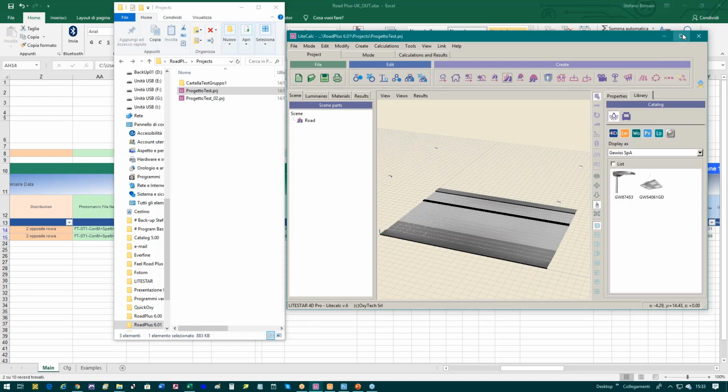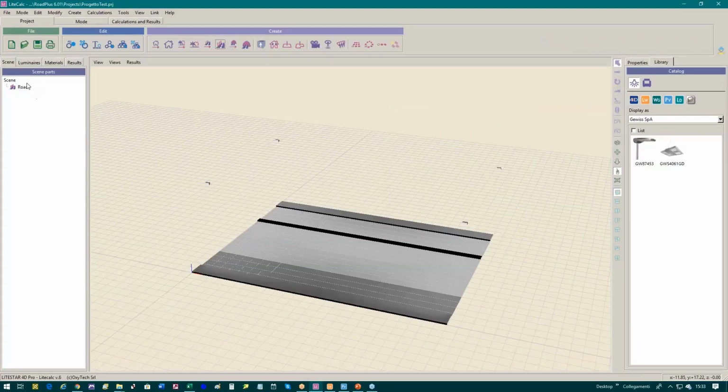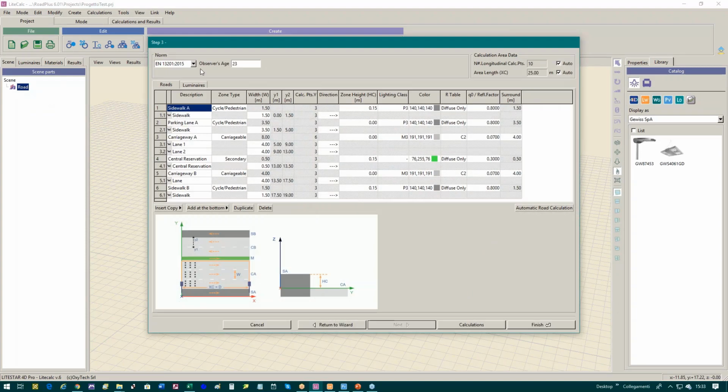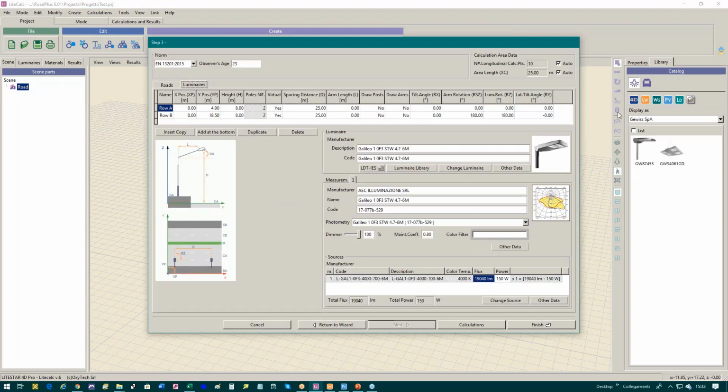Once you open the file, you can analyze it. So, for example, if we go and modify the road, we can come to the luminaires. As you can see, through the OXL file, we can have the image of the product, we can have the